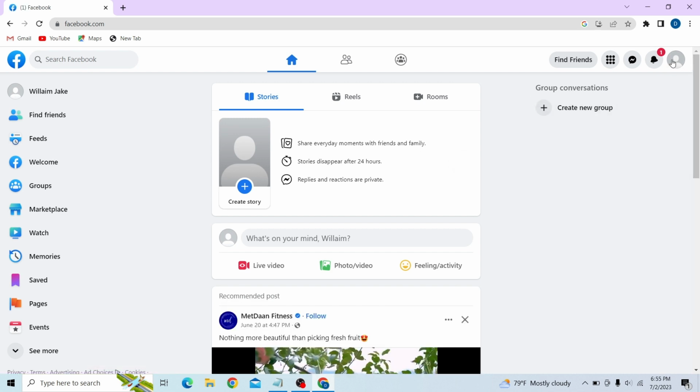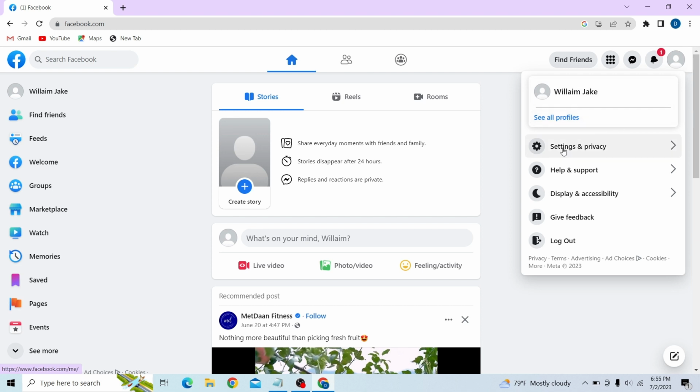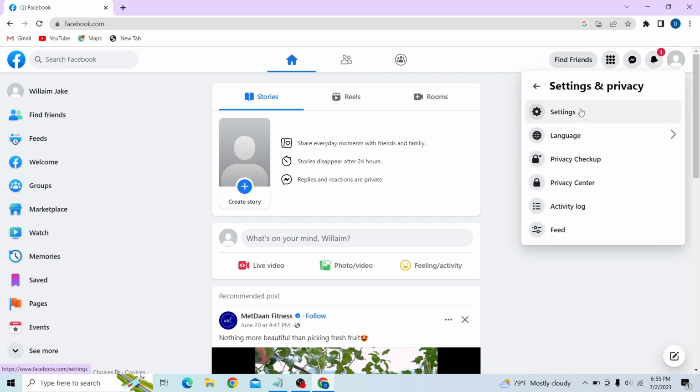So once you're in your Facebook account, on the right hand side you can see your profile picture. Click there and then click on settings and privacy. Again, go to settings,